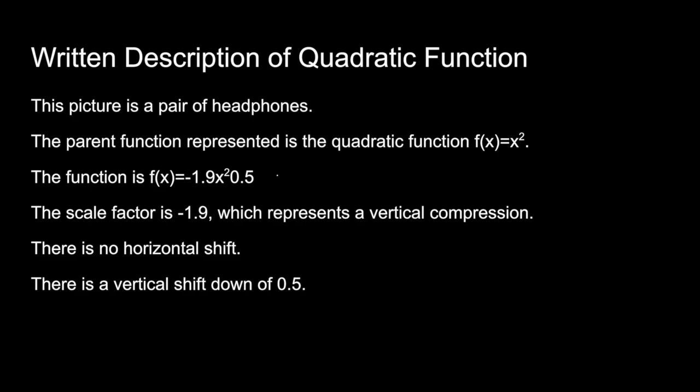And this, I'm going to describe to you guys the quadratic function. For my quadratic function, I used a pair of headphones. The parent function represented in the quadratic function is f(x) equals x squared. The function is f(x) equals negative 1.9x squared plus 0.5. The scale factor is negative 1.9, which represents a vertical compression, and there's no horizontal shift, and the vertical shift